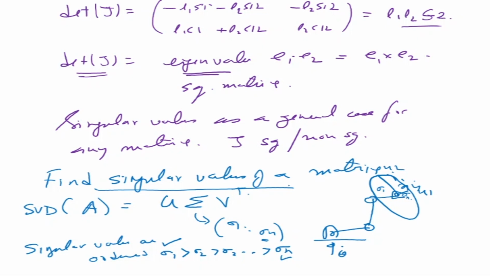So we need to find the singular values, and in the process we'll also find what is matrix inversion and what is the determinant. You'll be surprised that a lot of programs like MATLAB, when they find matrix inversion, don't do the adjoint of the matrix divided by the determinant of the matrix. They don't solve it like that. They solve it by finding singular values, because this is more generalized. Okay, so let's proceed. Let's take an example of finding singular values of a matrix.